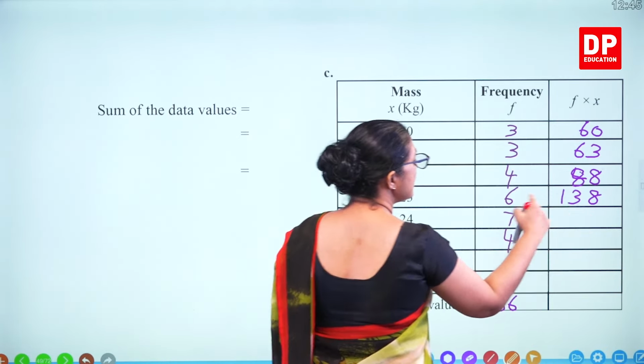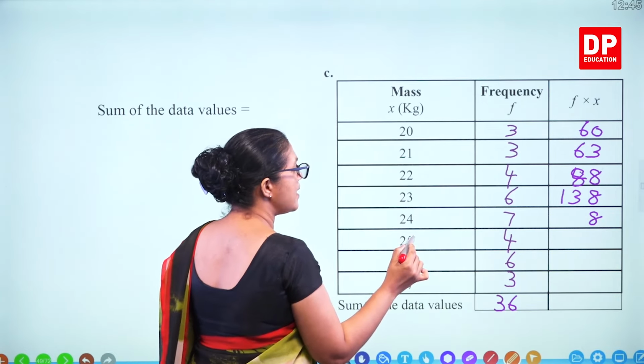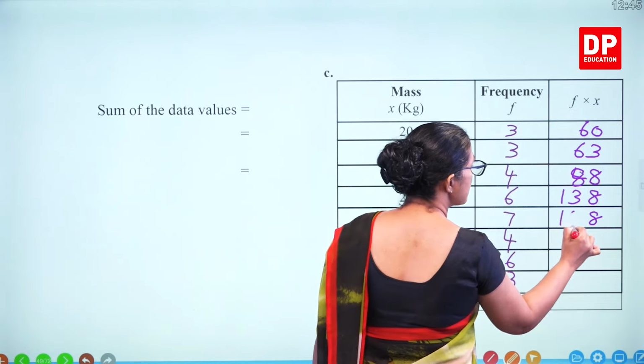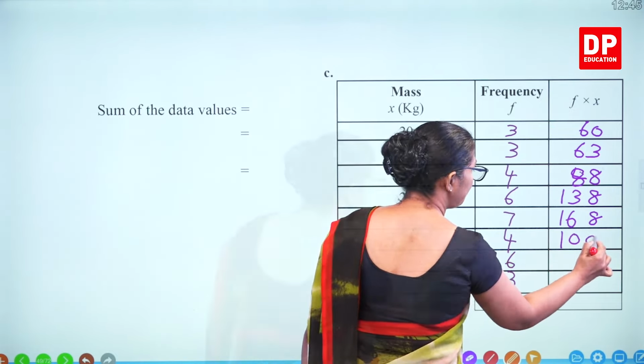And 6 times 2, 12. Plus 1, 13. 24 times 7, 7 times 4, 28. 2 remaining. 7 times 2, 14. Plus 2, 16. 25 times 4, 100. 6 times 6, 36. 3 remaining. 6 times 2, 12. 12 plus 3, 15. 3 times 27, 21. 3 times 2, 6 plus 2,